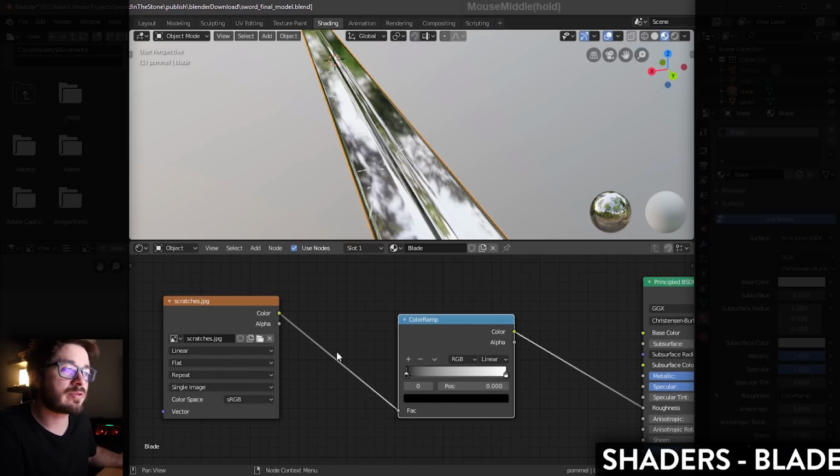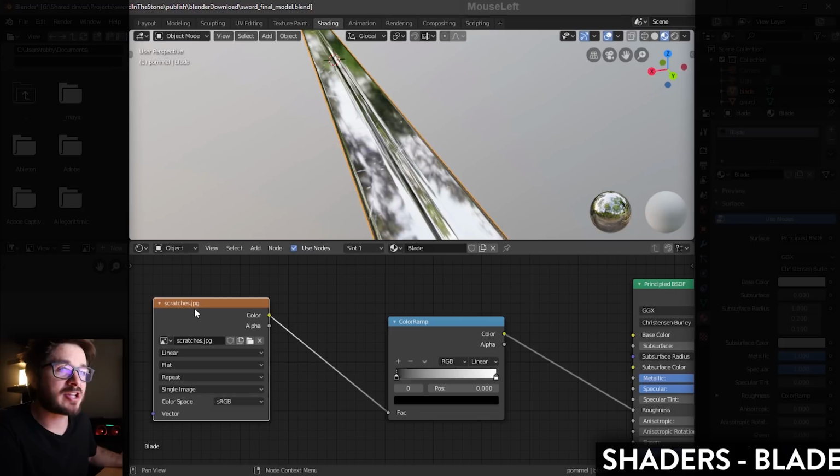Before we move any further though, we want to make sure that this scratch map is linearized. We've got this color space setting down here called sRGB. We're going to switch it over to linear. What do these things mean? Linear workflow is a huge discussion, and it wasn't until maybe 3 years into actually working in production where I really felt that I grasped the concept of linear workflow. I'll do more videos on this kind of stuff in the future, but for now,